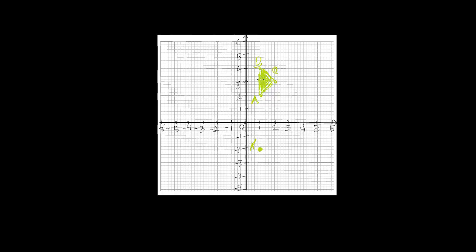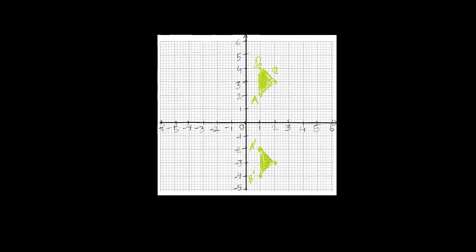Then B is going to be 1, 2, 3, 4. So B prime is the new position of the image. And then this one, 1, 2, 3. Remember, the object is always the same distance from the mirror as the image is. So this is the image. Reflection on the